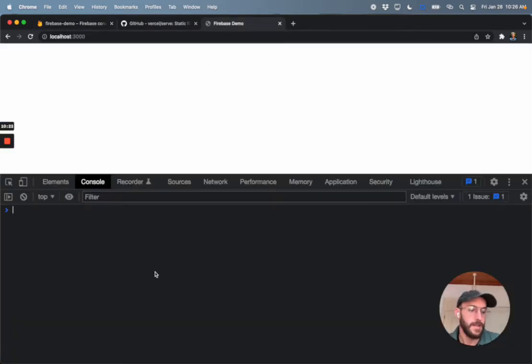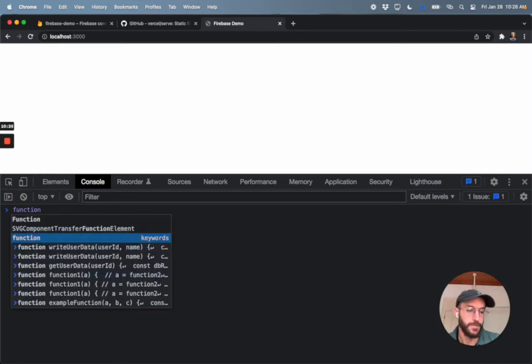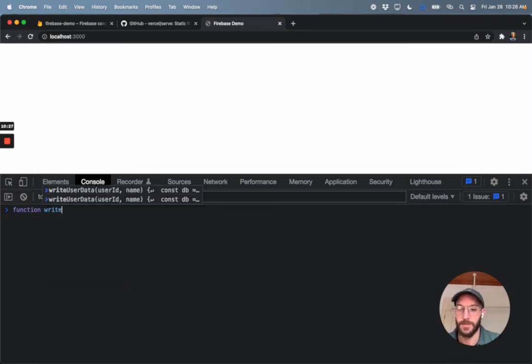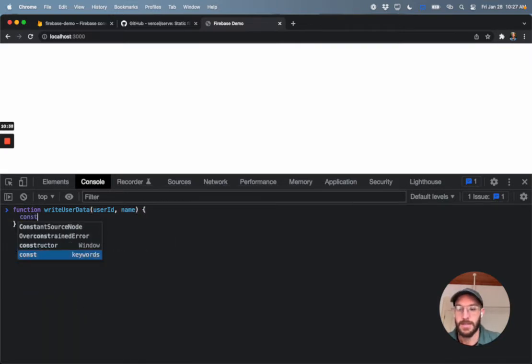So to do that, let's create a function, and we'll call it write user data. It'll take in 2 arguments, a user ID and a name. And inside the function,